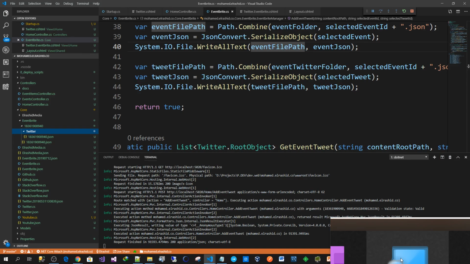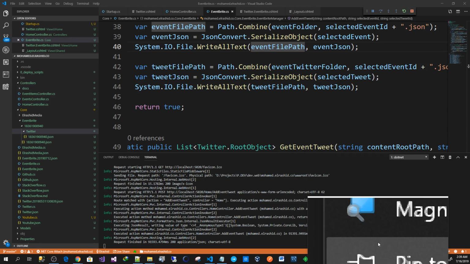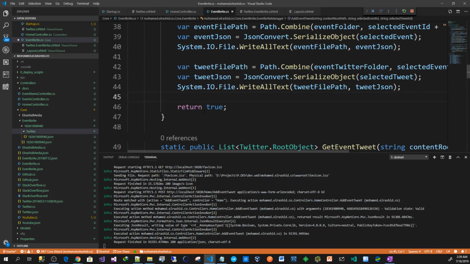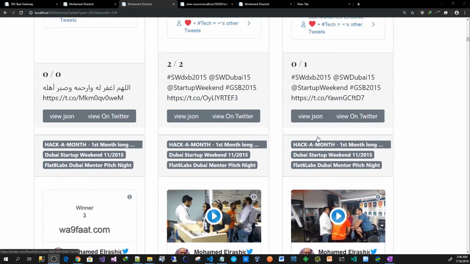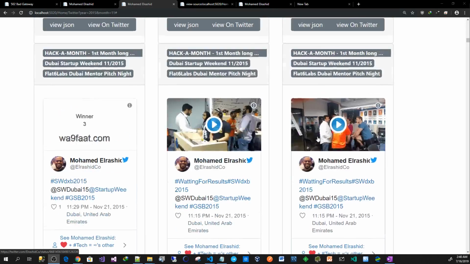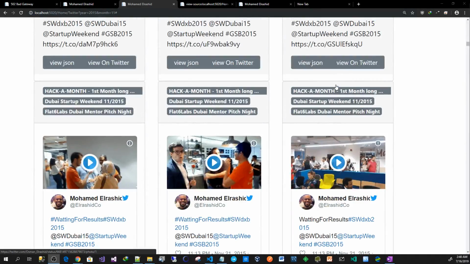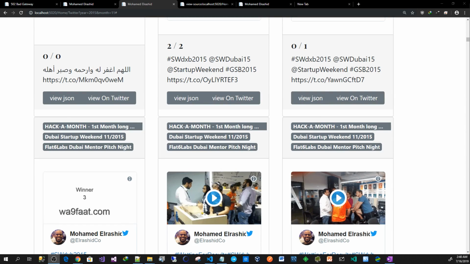So if I close the magnifier, where is the close magnifier? Okay. So now we have the tweet, and we go back to the web. If we check the website again, where is the website? Yeah, it should be there. Where is it? It should be on a different color. Okay, I'll just try it without debugging. Should be faster. If I click here,